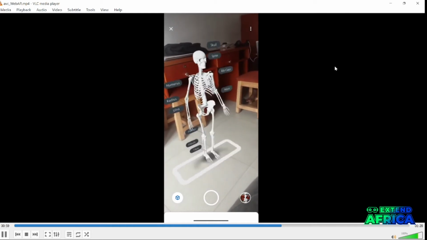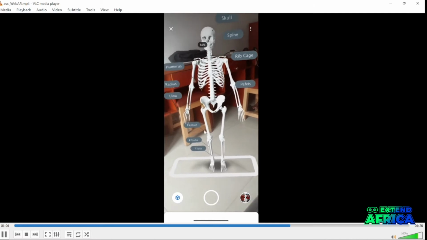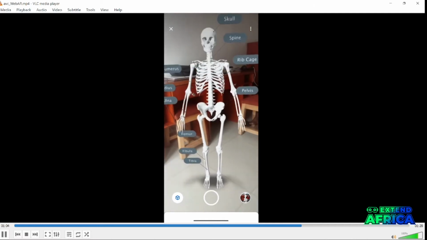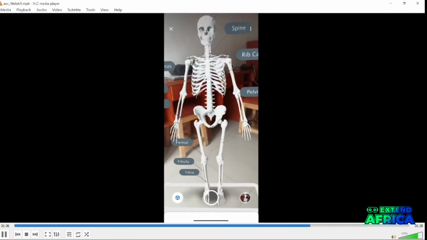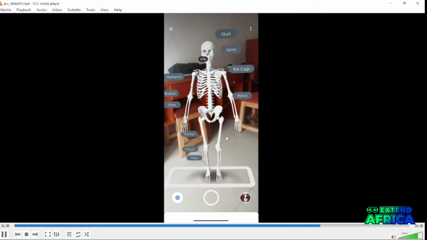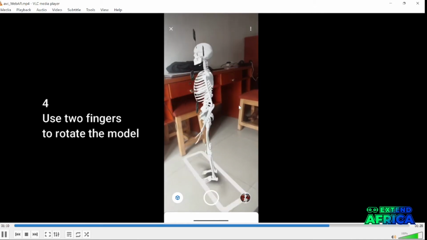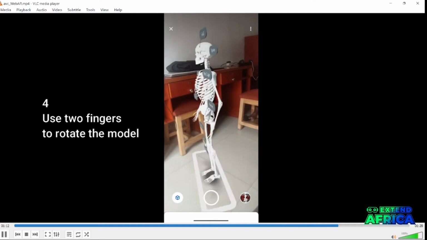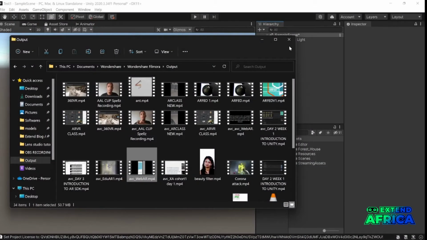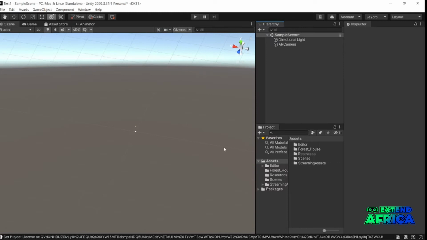Now let's quickly do that. And for your information, this is a web augmented reality. This is totally web. It's not an application. Obviously, as time goes on, we are going to build products around this. So yes, now for you to do that, of course, we will still have to make use of the